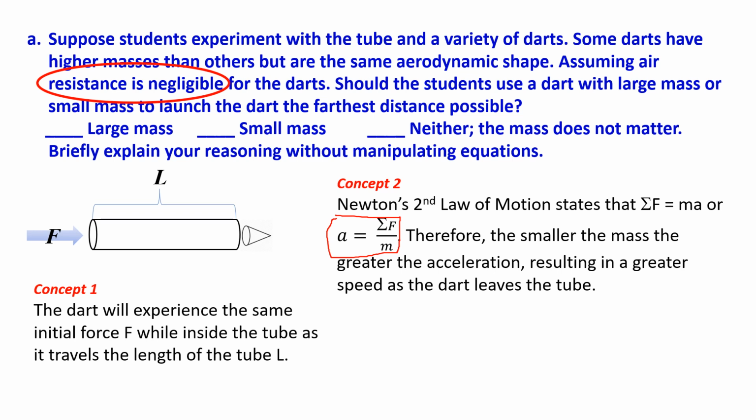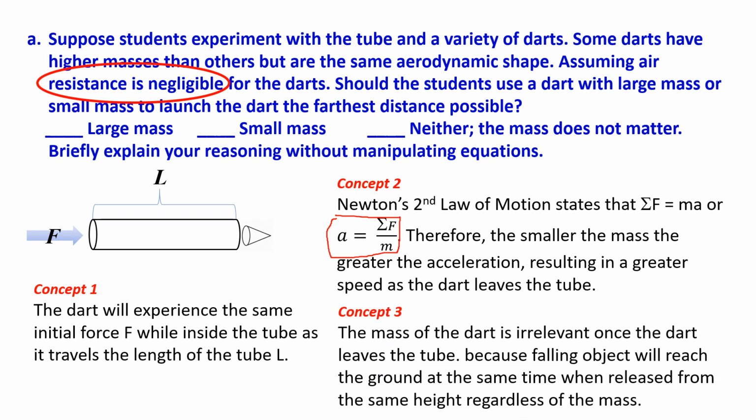Now, concept number 3 that we must remember. According to the concept of Galileo, the mass of the dart is irrelevant once the dart leaves the tube, because a falling object will reach the ground at the same time when released from the same height regardless of the mass. Remember the experiment when we dropped two different objects, a piece of paper and a textbook. As long as there's no air resistance, and the problem states air resistance is negligible,